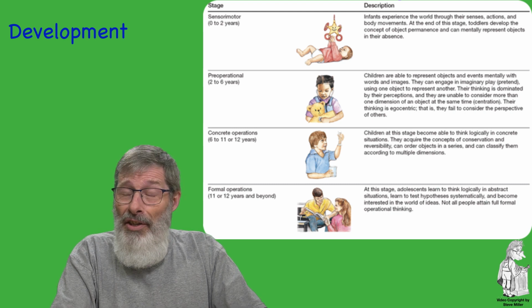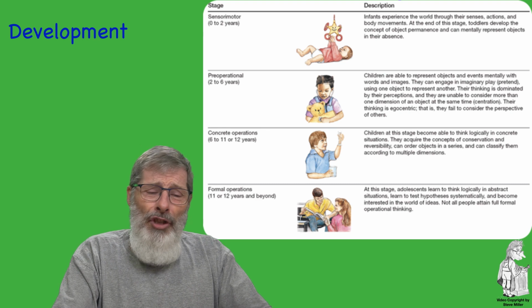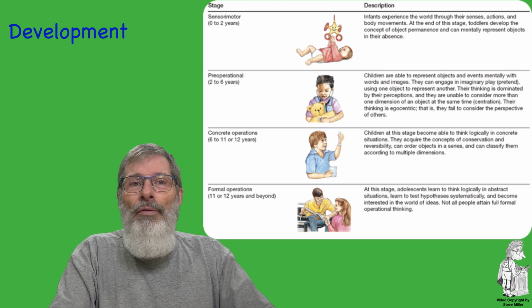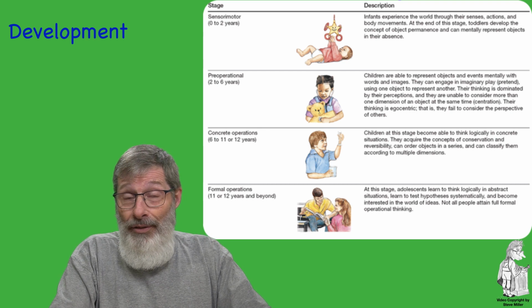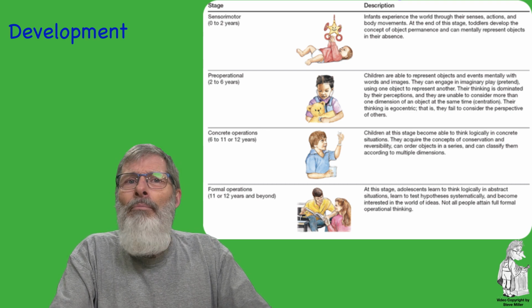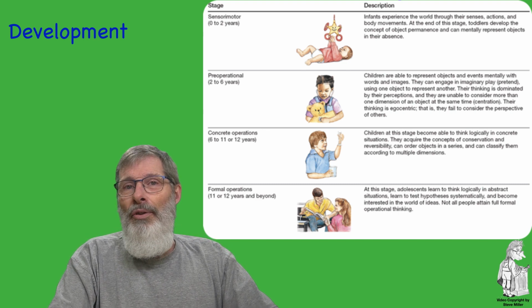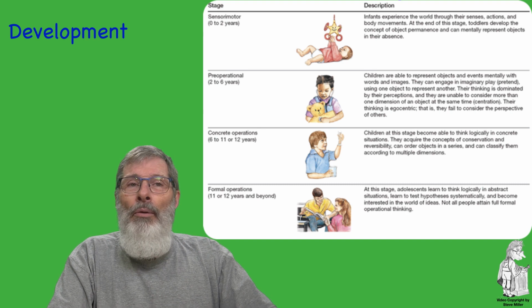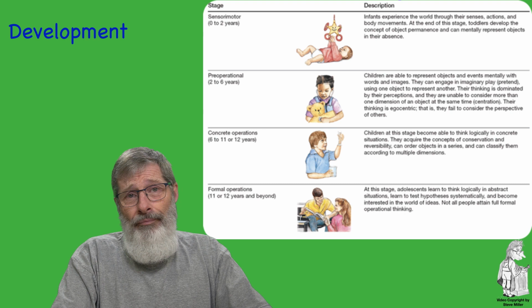This stage is dominated by learning to coordinate perception of the self and the environment with motor activities. The second stage is the pre-operational stage, and this is generally between 2 and 7 years of age, and it's characterized by the use of words and symbols to represent objects and relationships among those objects. Thinking that is governed by perception rather than logic. As a result, the following concepts are common in this stage. Now, the first concept that's common is what's known as egocentrism.